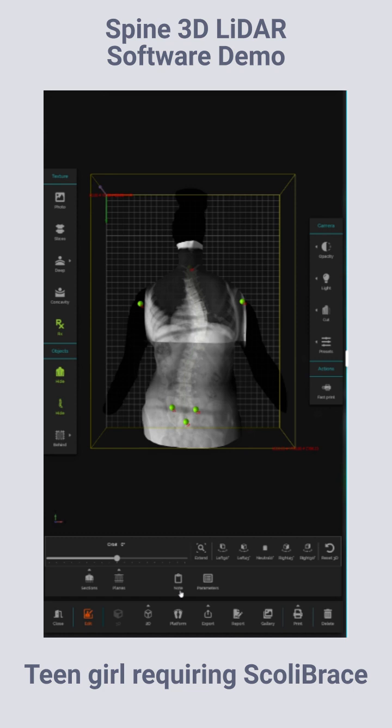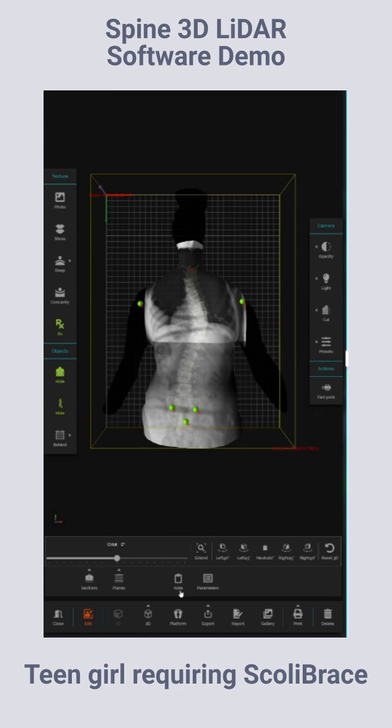This is a software demonstration for the Spine 3D LiDAR machine by Sensor Medica. This particular patient is a teenage girl who came in with suspected scoliosis. We did our normal examination, some specialist scoliosis testing, and that included a LiDAR scan, which did predict the presence